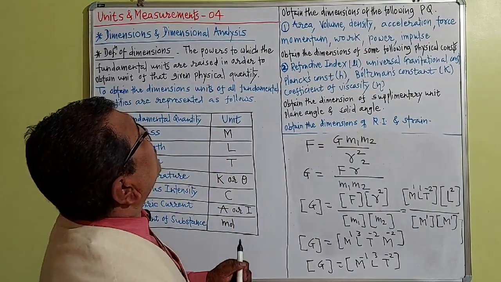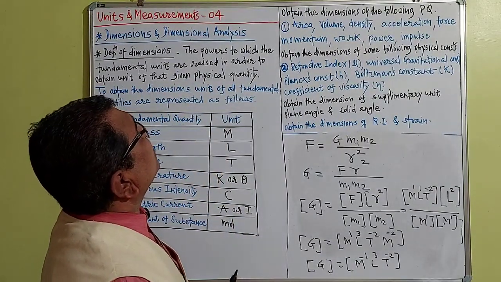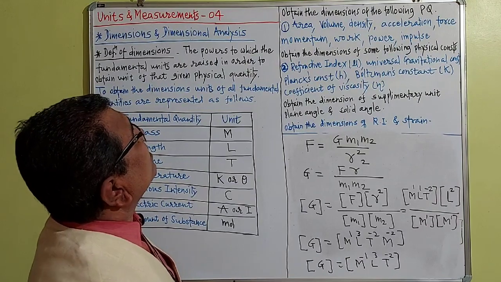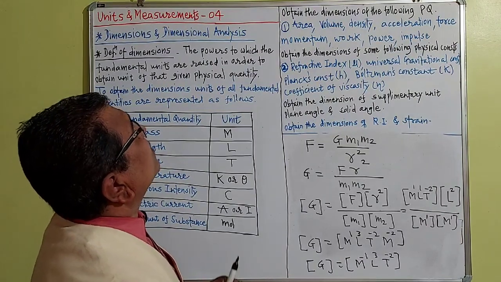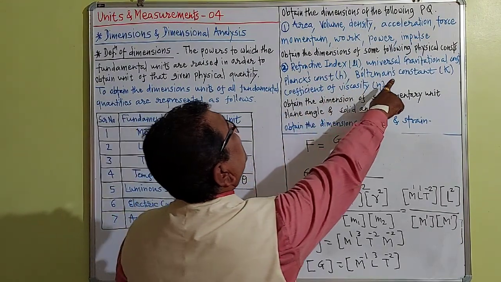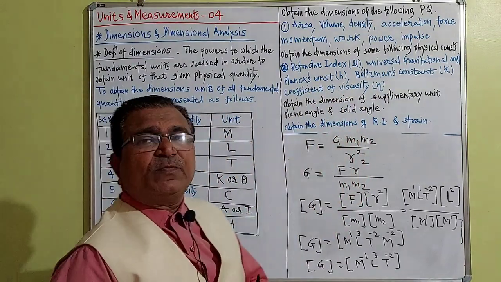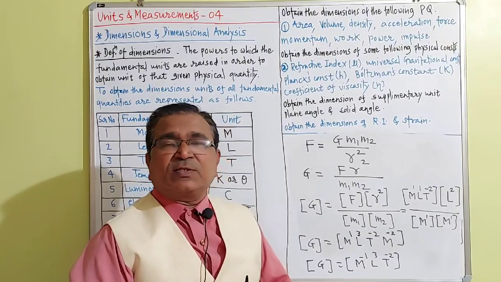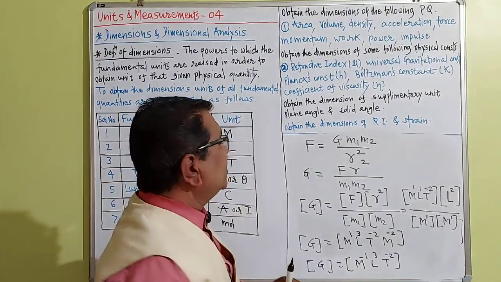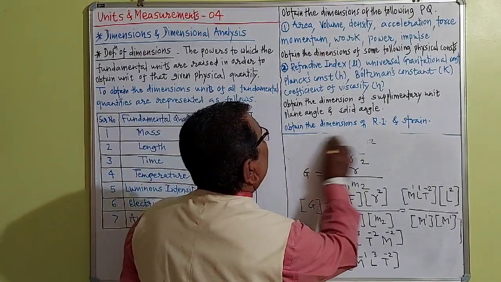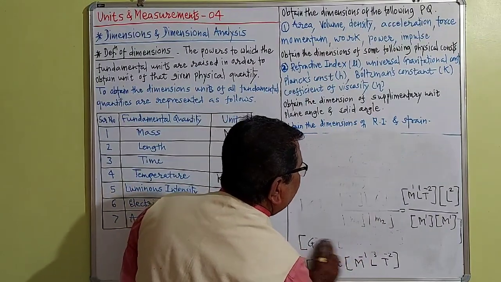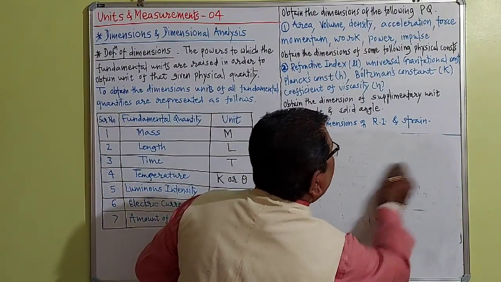Okay, the next one is what? Planck's constant, Boltzmann constant, coefficient of viscosity. That is for your exercise. So solve this by yourself, this is your homework. For that purpose I will give you one hint. That hint is like this: